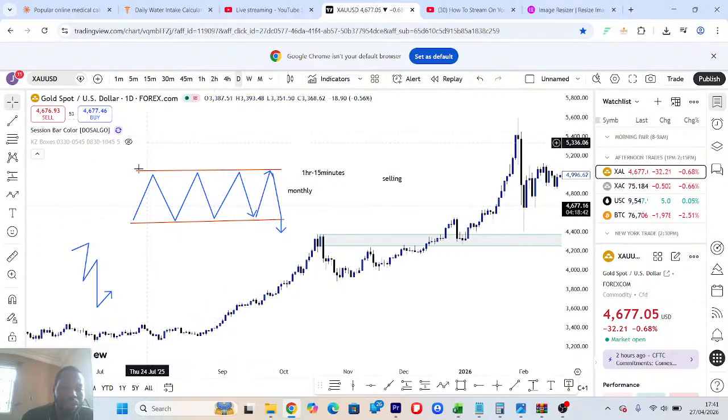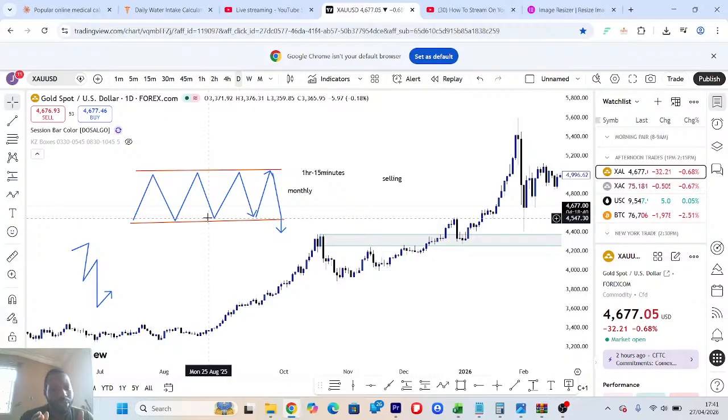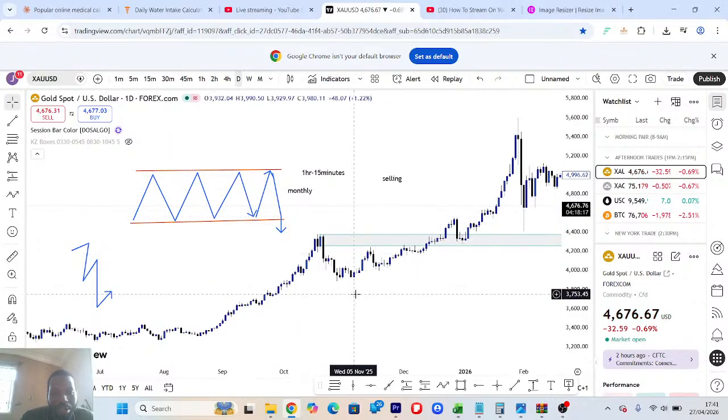I would like you to use this format wherever you are trading. Look for a pair that at a higher time frame, maybe weekly or monthly, is consolidating. Then just wait for a confirmatory entry, and from there you flow with the trend. That is very important. So let us see if we can get some example here.